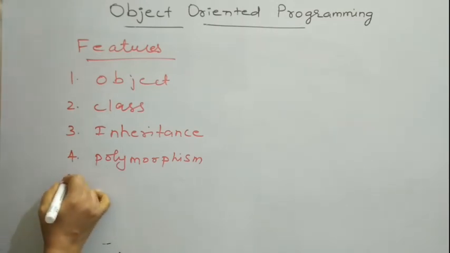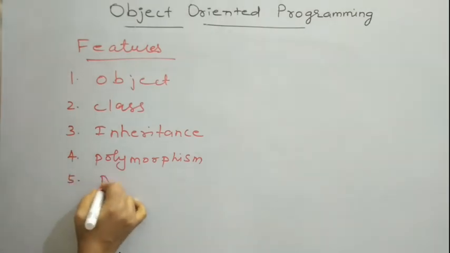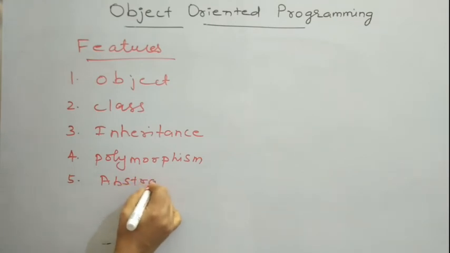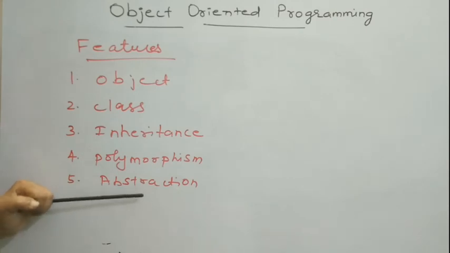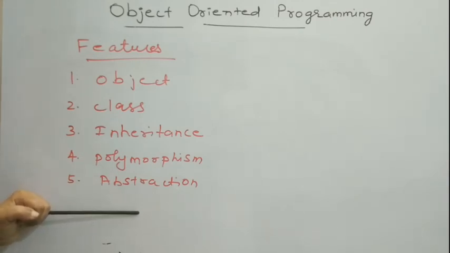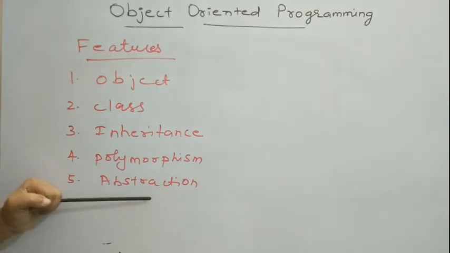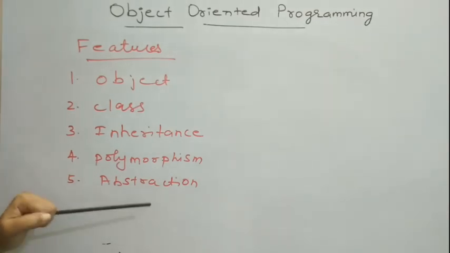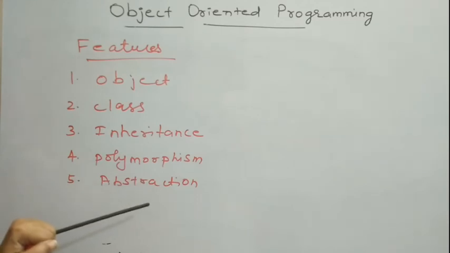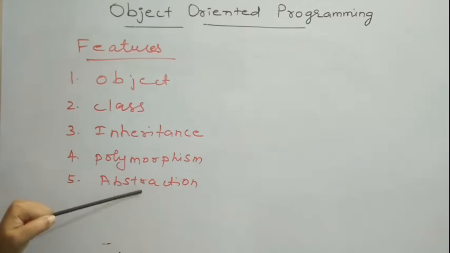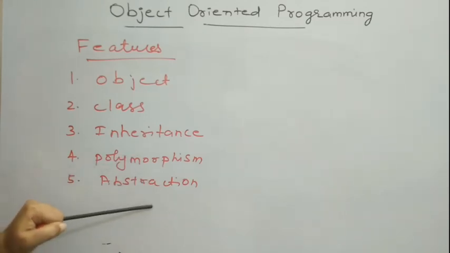And then the next one is abstraction. Abstraction is the process of hiding the implementation detail and exposing only its functionality. In Java, abstraction is provided by exposing only the functionality of the method. We will know only the functionality implemented by the method, what our input could be, and what type of output we are expecting. The implementation detail is completely hidden.